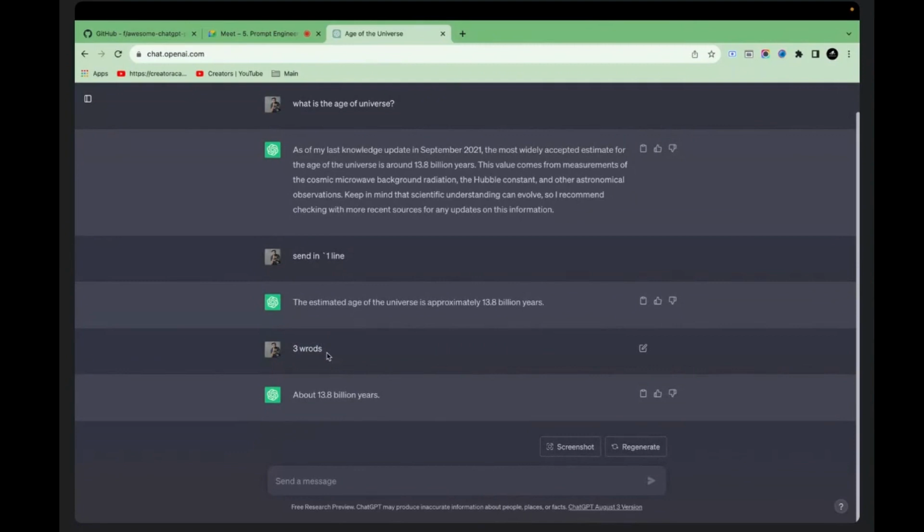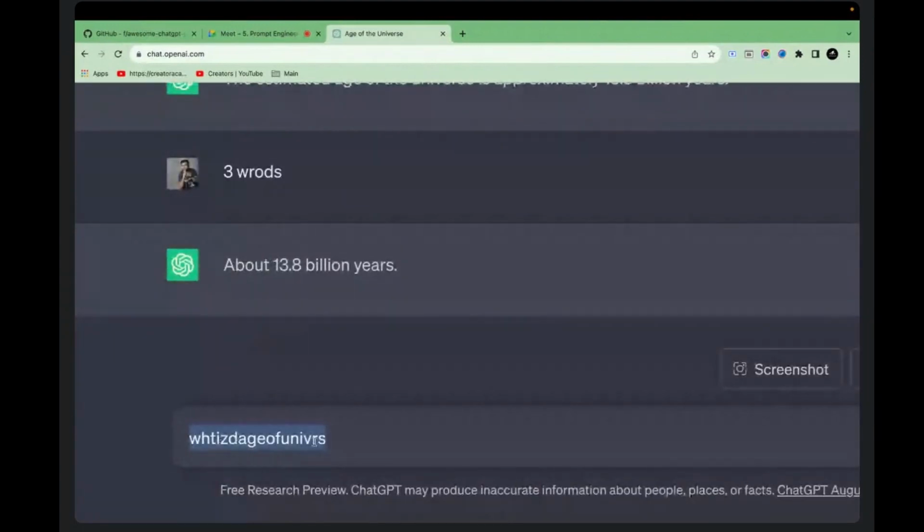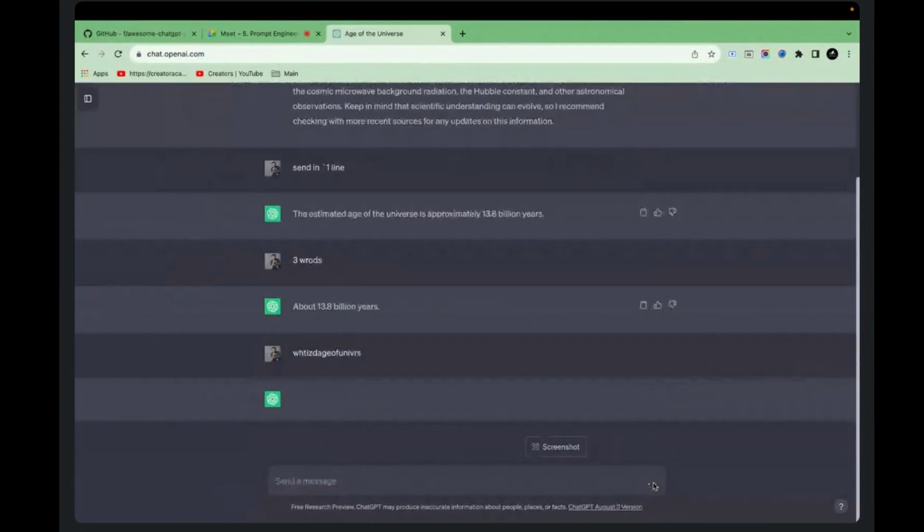It is because हमने अभी पढ़ा था कि THE हो या THEIR हो या फिर स्पेलिंग मिस्टेक गलत हो, तो वो कॉन्टेक्स्ट ऑटोमेटिकली आसपास समझ लेता है, बिकॉज दीज ऑल वर्ड्स लाई इन द क्लोज प्रॉक्सिमिटी। ओके, सो दिस इज एन इश्यू। तो अभी जैसे मैंने ये लिखा था व्हाट इज द एज ऑफ यूनिवर्स, मैं इसको एकदम बेकार लैंग्वेज में लिखूंगा, जैसे मैं जब फेसबुक पे पोस्ट डालता था, कैप्शन लिखता था, तब लिखता था। सो आई विल राइट व्हाट इज द एज ऑफ यूनिवर्स। यहाँ पे मैं स्पेस भी यूज नहीं कर रहा, कुछ भी यूज नहीं कर रहा, मैंने डायरेक्टली ये छोटा सा टेक्स्ट लिखा है, यू कैन सी what is the age of universe. Let's see कि ChatGPT से समझ पाता है या नहीं।